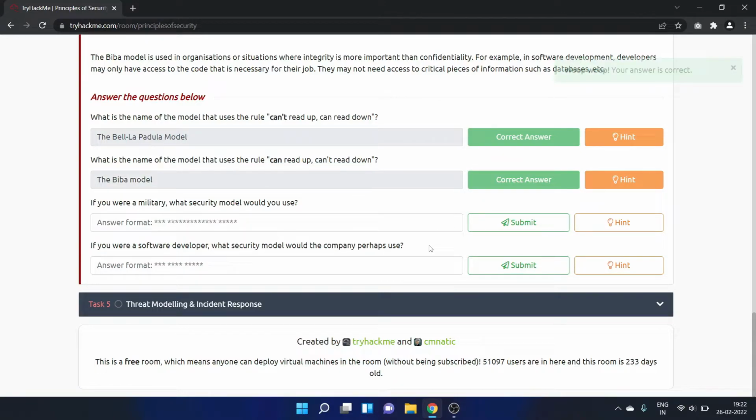Let's submit the answer. Okay. If you were a military, what security model would you use? So we will use the Bell-LaPadula model. Let's copy it